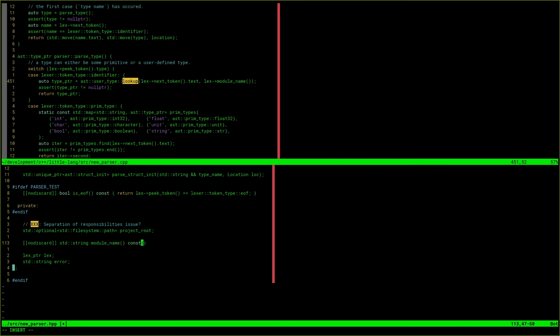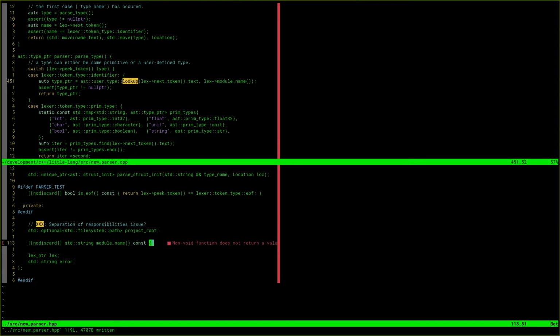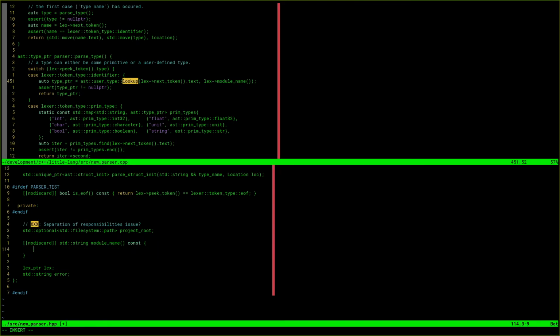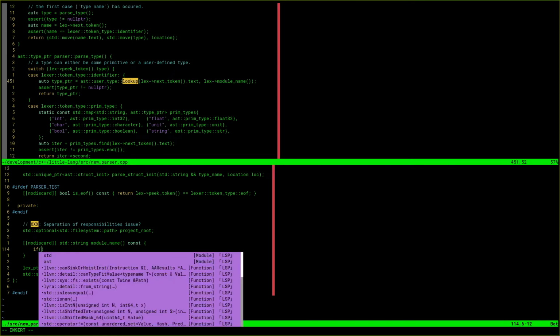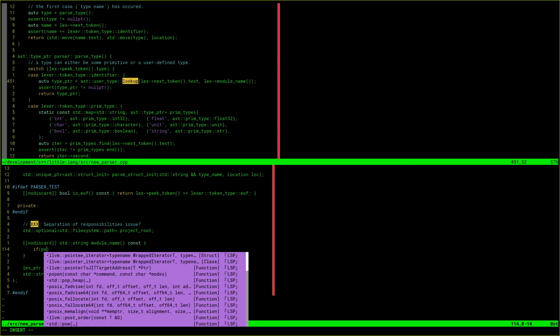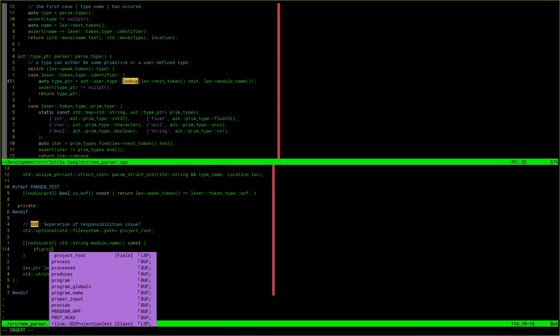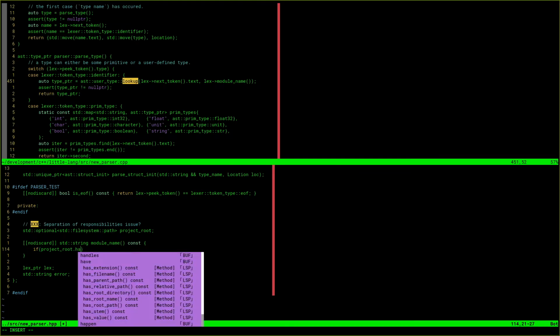This should be const. Then based on whether we have project root, so if project root dot has value,